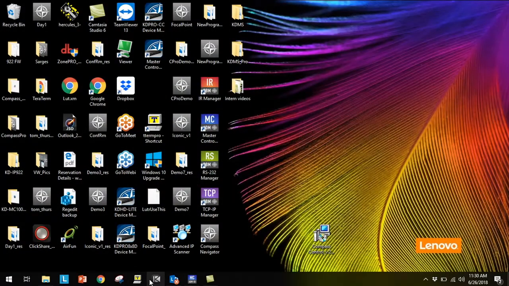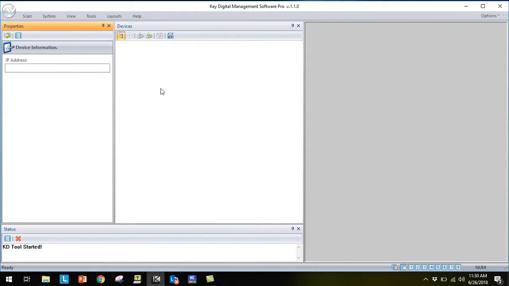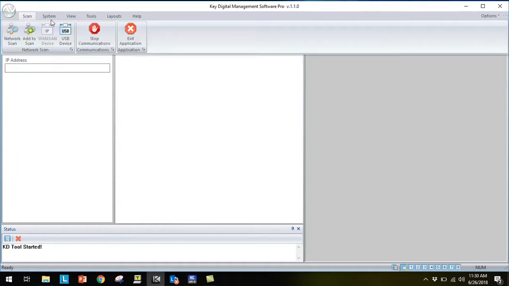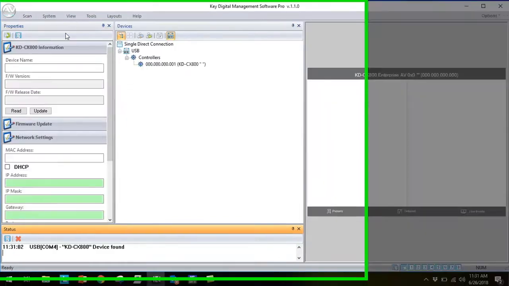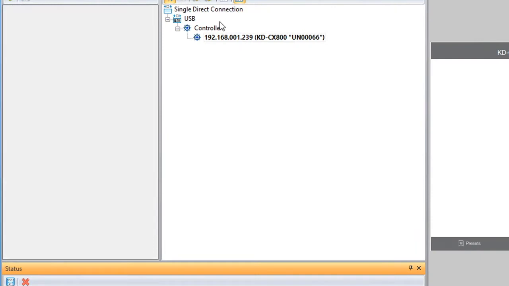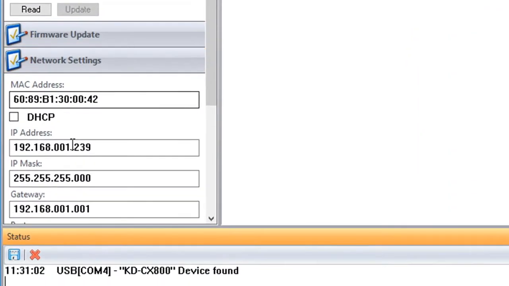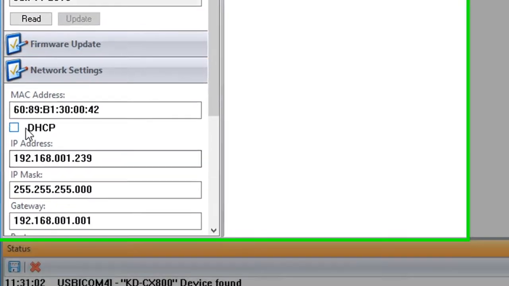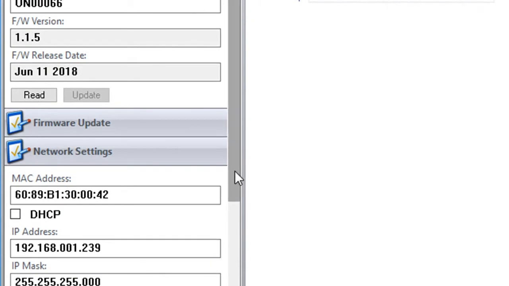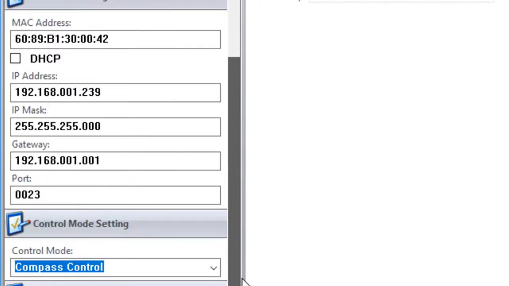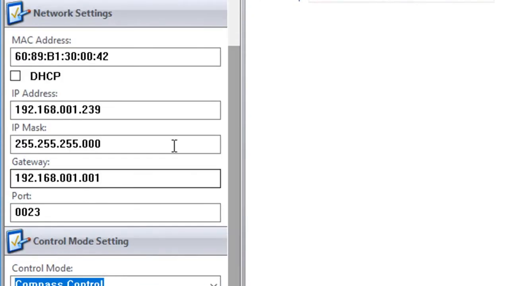We begin by connecting the CX800 with our PC computer via USB and open the KeyDigital management software so that we can scan for our device connected via USB. The KD-CX800 has appeared, and in the networks setting property, we can set our desired IP address and default gateway